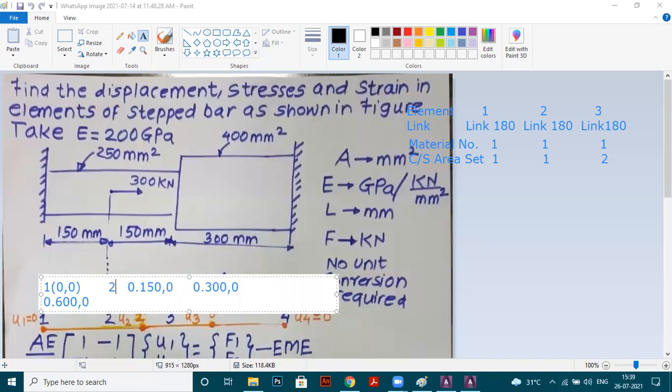Now let's talk about node 2. This is node 2. This is node 3, and this is our node 4, right?